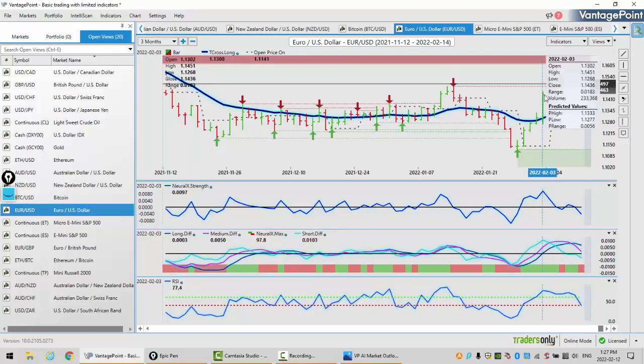We had a big move up and then we moved up again the next day, but you'll notice the neural index strength indicator was picking up on weakness here when the market was making new highs. So that's exactly the type of real world divergence we look for, and not use these conventional indicators. We want indicators that have little to no lag at all.